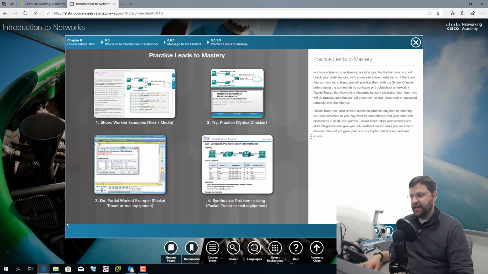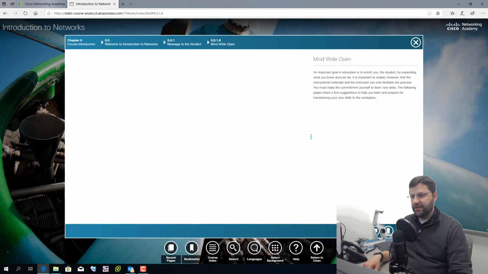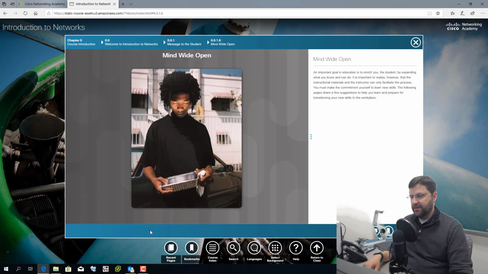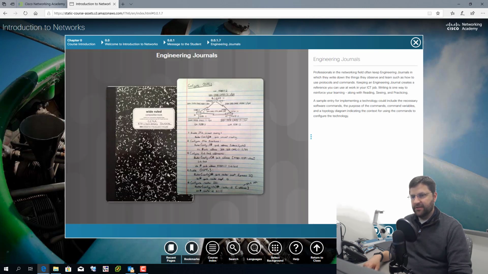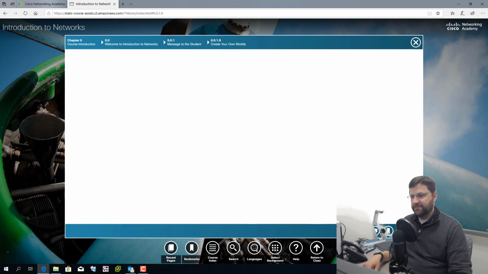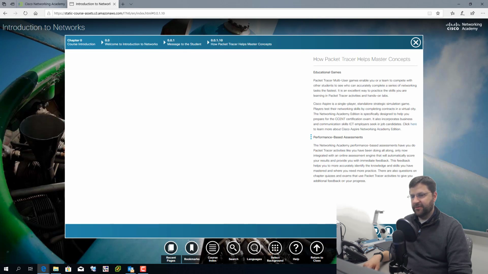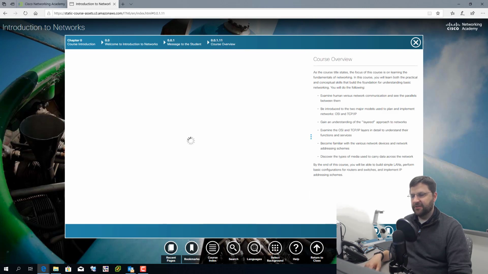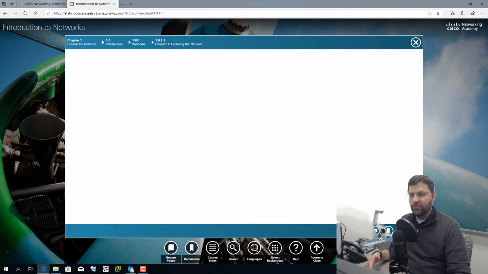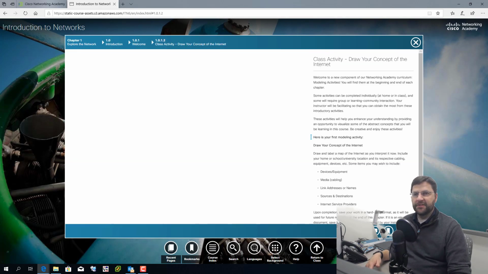There are some pages that have more than one image that you need to look at. And so they'll have some numbered images down here. Let's try to find a page that's got one of those. We may need to click for a little bit because this is chapter 0. There's not a whole lot in chapter 0. It just tells you how networking is cool and why it's important to study networking.